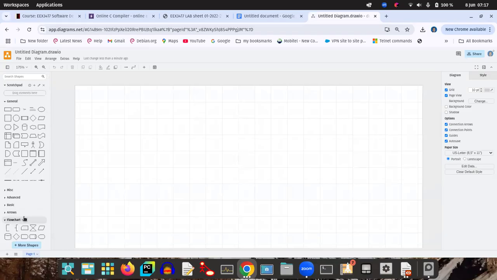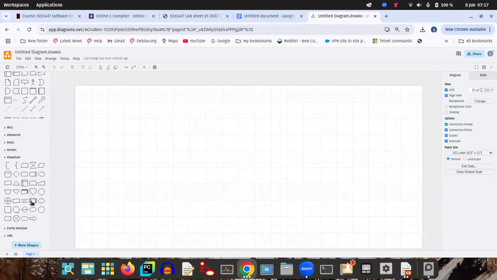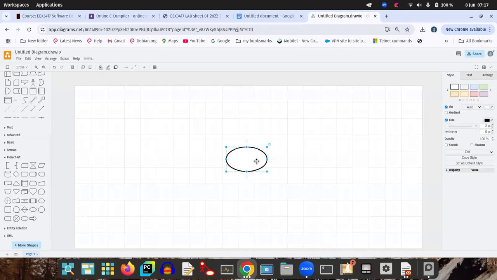There is a separate section, flowchart. This is here. You can see start. There are some symbols. Here, data input and output. These are collect